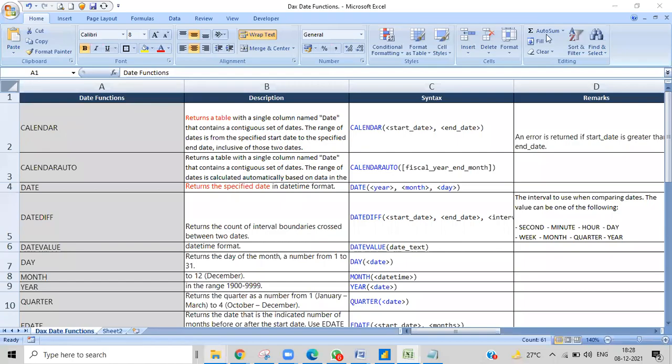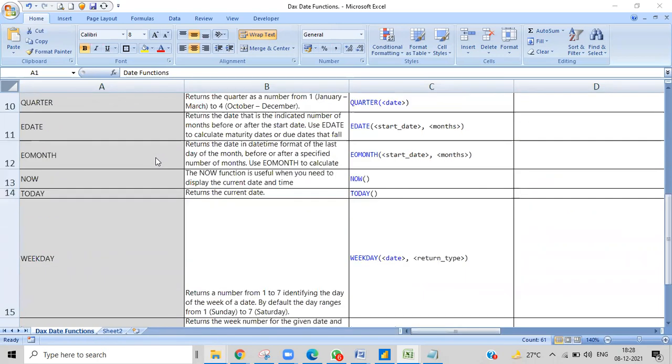So in today's session, we will learn all the date functions, which will be used to convert dates, create dates and all related things. We do have time intelligence functions also. That is something we made in a separate section, where you'll get a lot more advanced date-related functions. But here we'll learn the basic functions related to date.